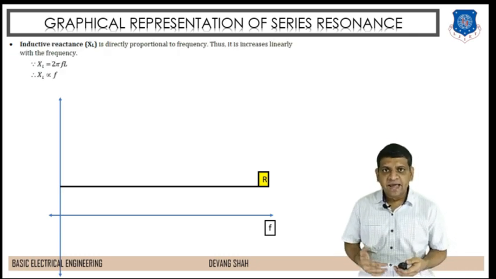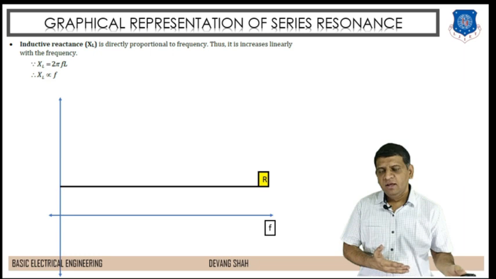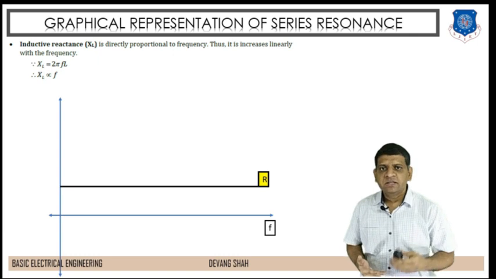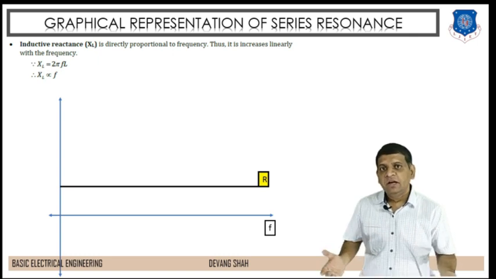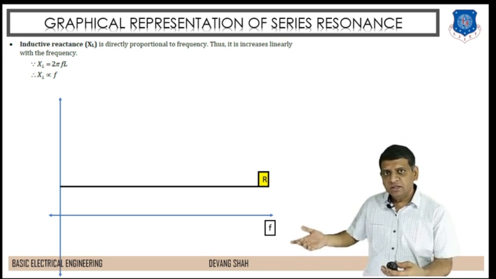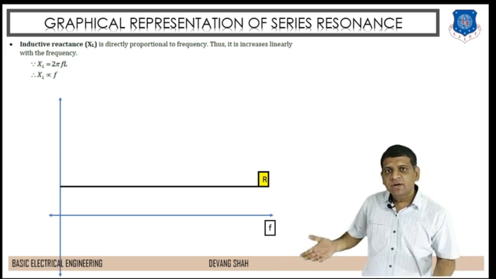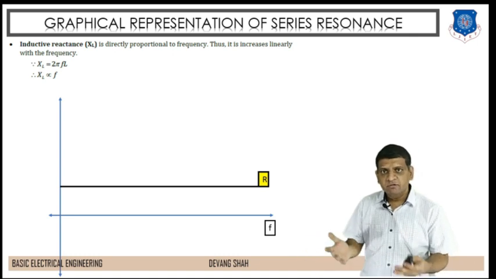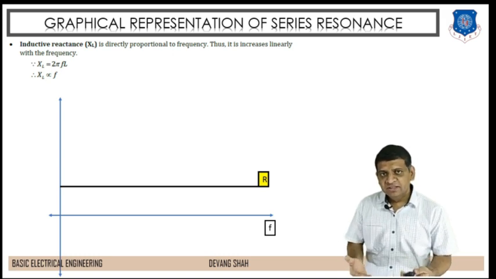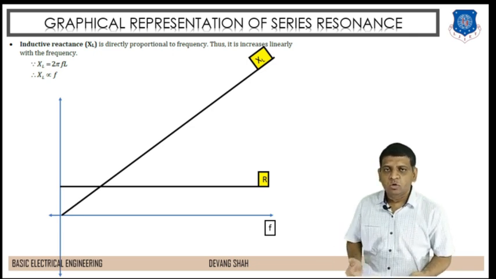My second parameter I define as XL, which is called the inductive reactance, right? Here XL is equal to 2 pi FL, where I can say XL is proportional to the frequency. If I increase the frequency, you can see the value of XL also increases, and that relation is a linear relation. Now you can see from this graph where I define my x-axis as frequency, starting from 0 Hz up to certain kilohertz to megahertz, and my y-axis defines the various parameters. One parameter we discussed is the resistance, and the second parameter is XL, which has a linear relation with the frequency. You can see here, if the frequency increases, the value of XL also increases, right?